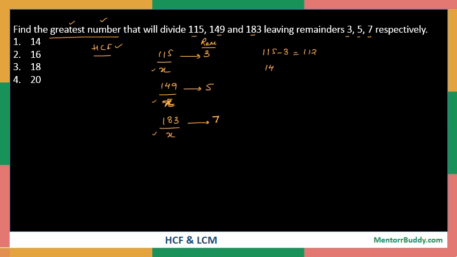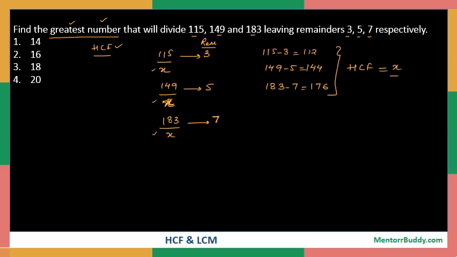Similarly, 149 minus 5 gives me 144, and 183 minus 7 gives me 176. Now these are the three numbers for which if I take the HCF, it gives me my value, the greatest number,